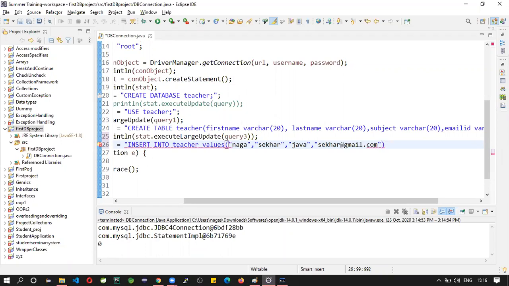So this is the query and this is a string, and now we have some format issues here.